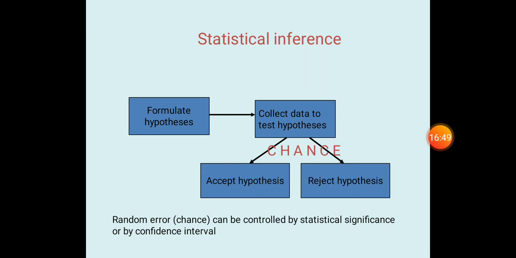Since we are taking a chance, we are formulating one hypothesis and we are telling, after collecting the data from the sample, analyzing it, after that we are telling that whether we need to accept or reject the hypothesis. So since we have collected only that sample, then we are always taking a chance there. We are assuming that there can be an error when we do like that.